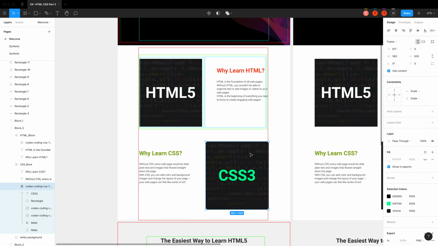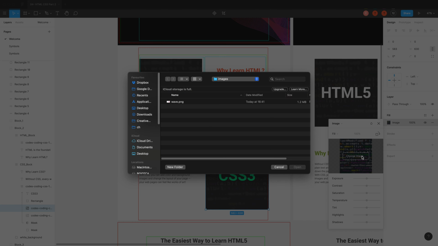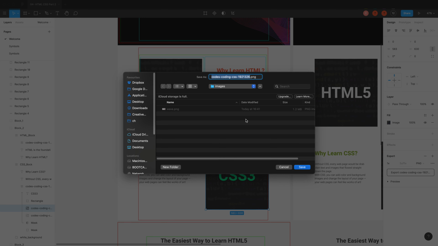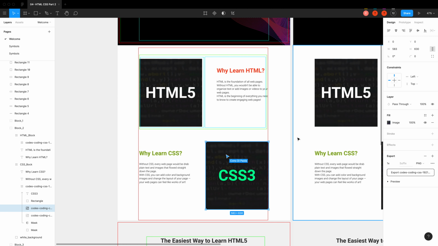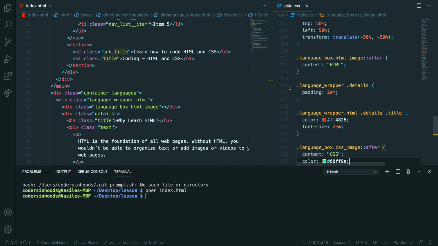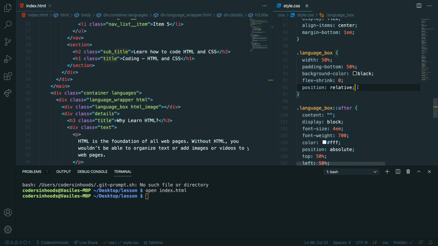Here we have the image. We can go to the code. We have this image, right? And we want to export this image again. Let's name it code to images, right? So to our details, where's the container? So for the whole box,